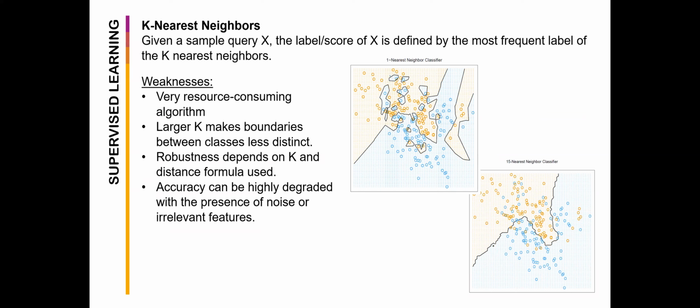It's very dependent on k. Let's say a large K would make the boundaries between each class less distinct, but a very small K would be very dependent on the noise. Okay, so as you can see here,